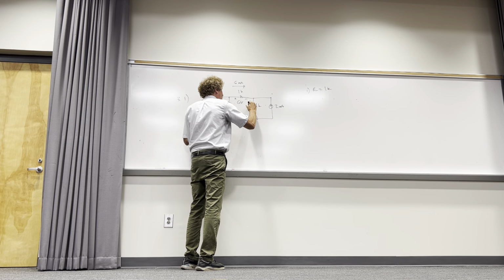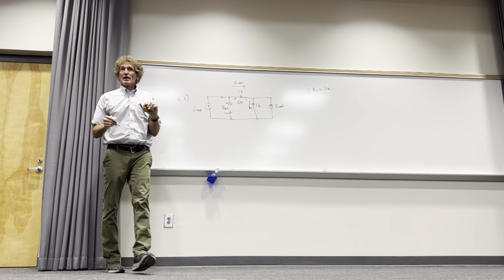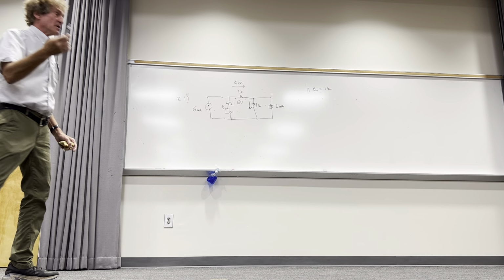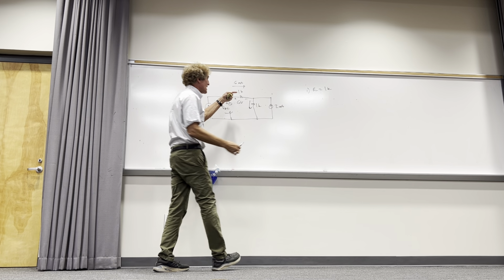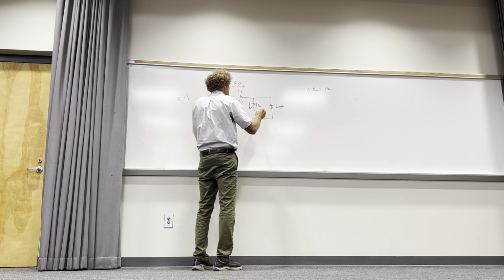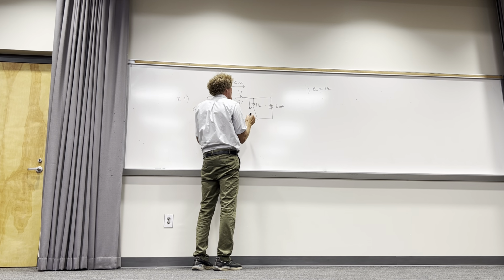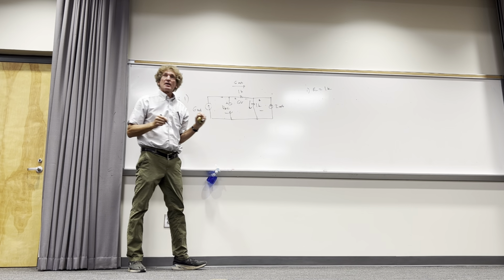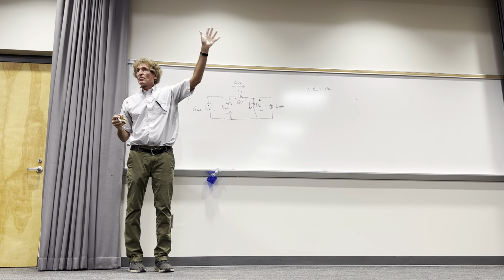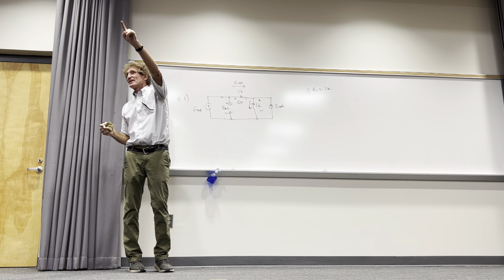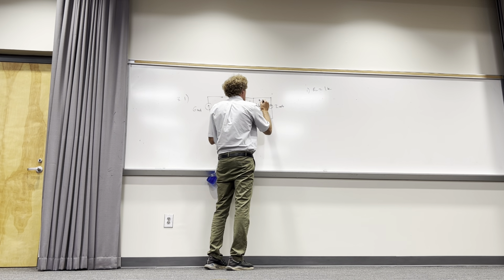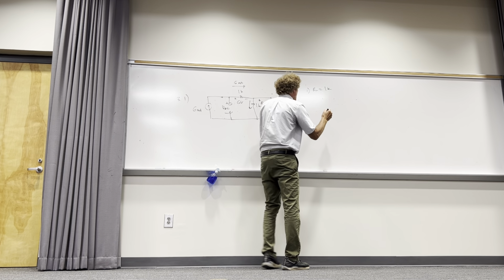How much current's going here? How many see it's 8 milliamps? Right? Has to. I got 6 coming this way, 2 coming this way. That means that's going to be 8 milliamps, right? What's the voltage here then? Anyone? How many see it's 8 volts? Far back, can you see it? I don't know how you can see. Your eyes must be great. So that's 8 volts. Therefore, what is